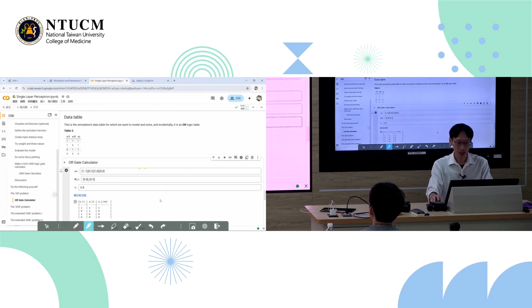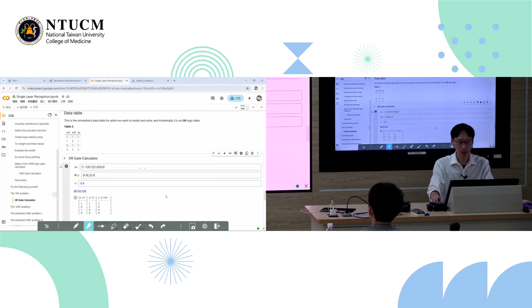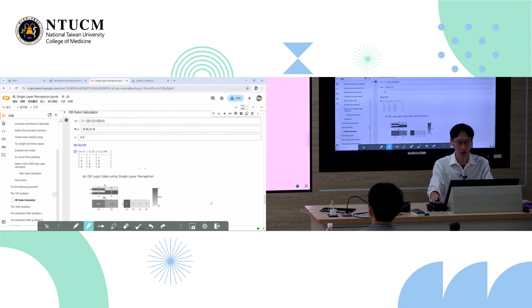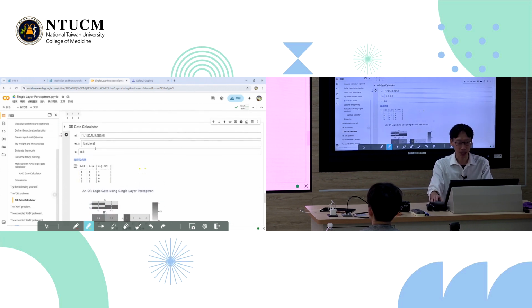And so I've set this up so that my calculator will instantaneously update with the table of the model's performance, and also give me some fancy graphics, based on what I already did before. So the input doesn't change. It's going to be 1, 1, 0, 1, 1, 0, 0, 0, and that doesn't change because for the OR logic it's the same input. But the weights I can change.